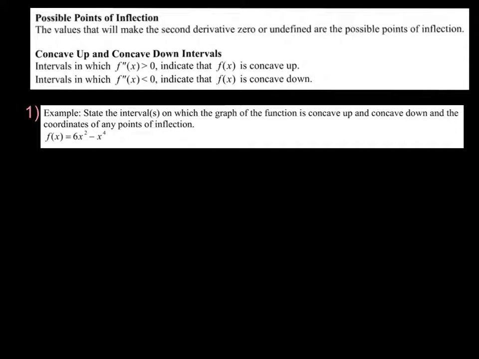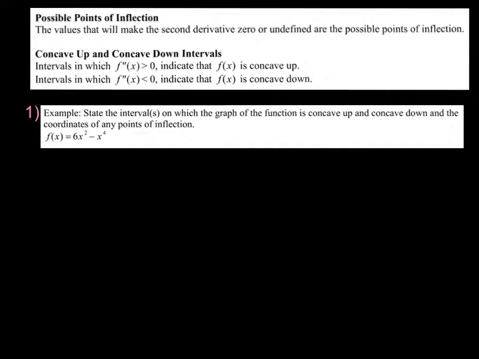Here, when we're talking about finding our intervals of concavity, or when we're talking about our inflection points, we again need to find critical values, but this time it's for the second derivative, and the same concept exists. It's when your second derivative is 0 or undefined. Okay, those are your critical values, and then we're going to make a sign chart just like we did with